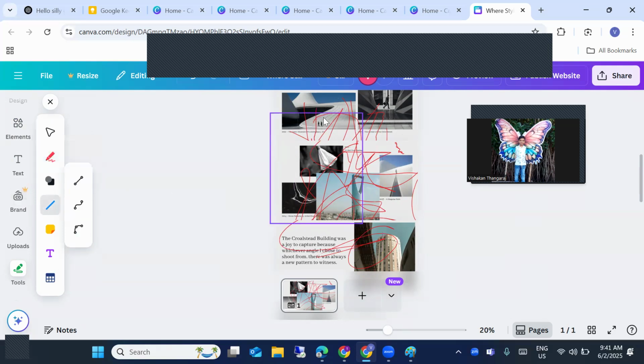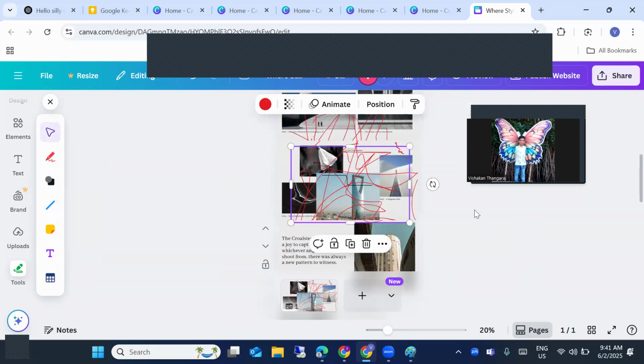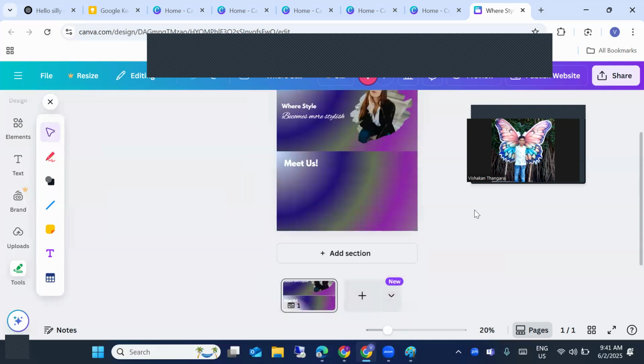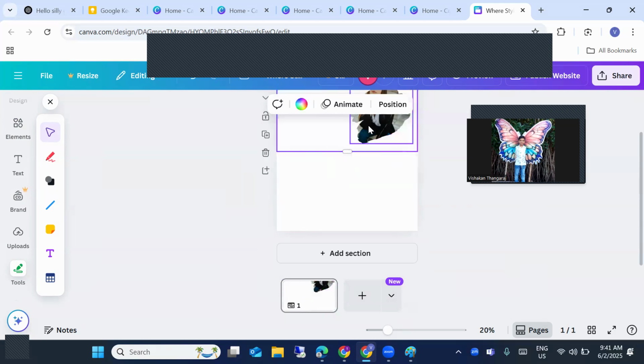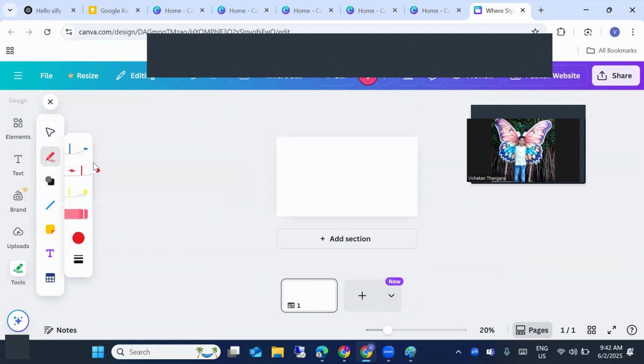And you can also add many lines, but I find this very annoying whenever I have to go and add the lines. So I'm going to click Ctrl Z and remove all this stuff. So I'm going to remove this and this, everything, and also this and this. Now I'm going to remove this. Now here I am drawing a line,